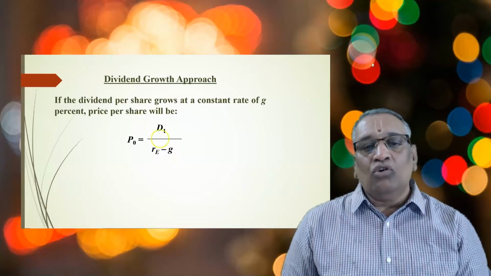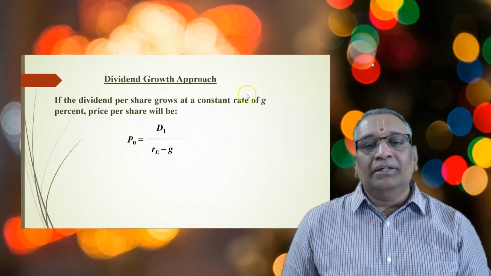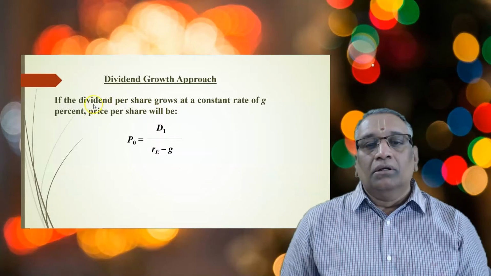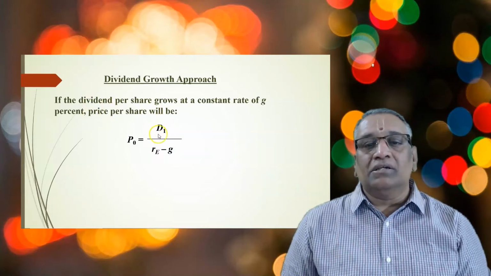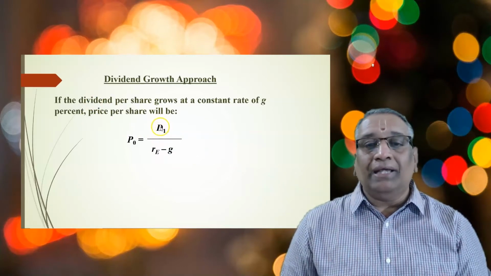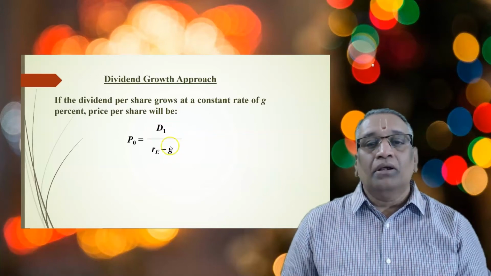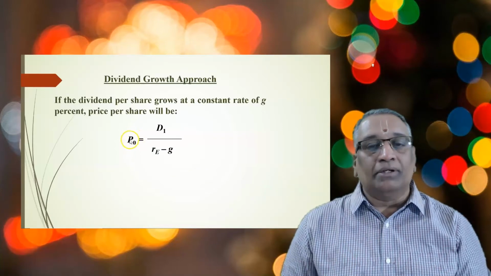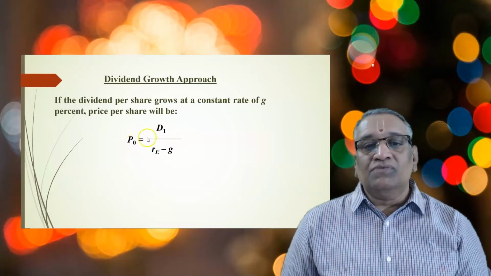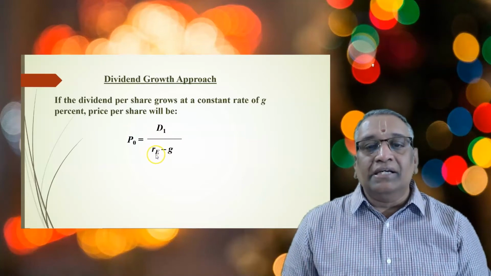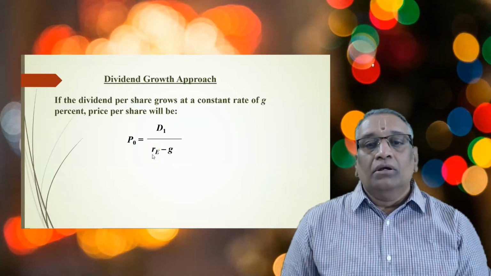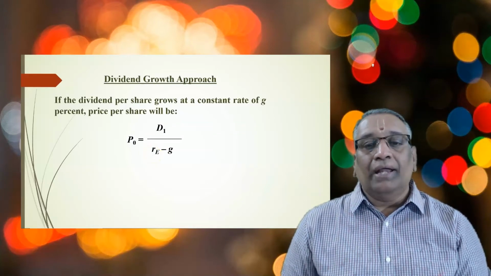So our objective is to calculate the return expected by the equity shareholders, which will not be generally available. So the amount of dividend a year hence, what a company would pay, can be calculated using the growth rate, and the current market price will be available in the economic dailies, in the newspaper. Using this, we can calculate the RE, that is the return expected by the equity shareholders.